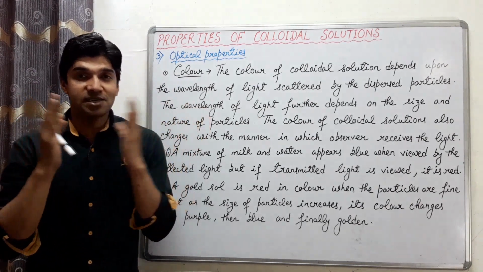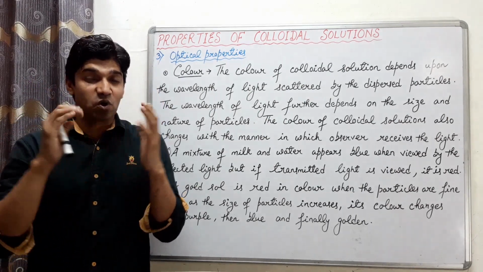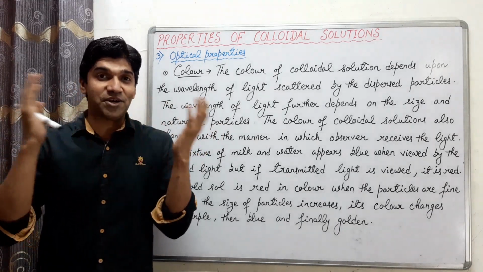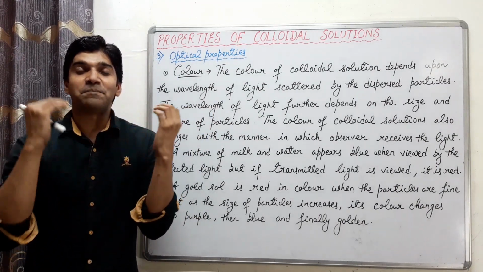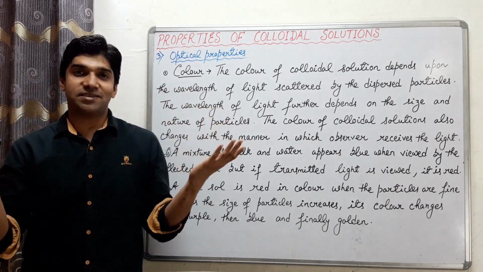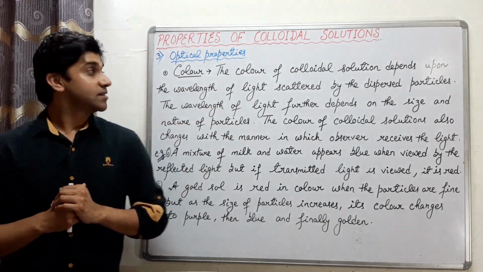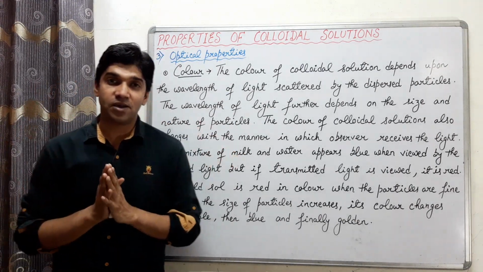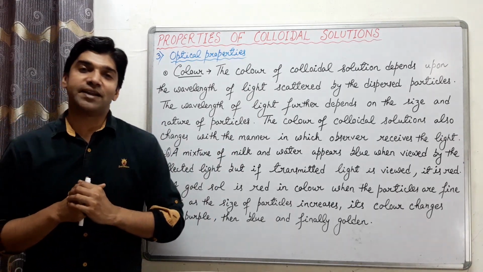So in optical properties we discussed two main features, Tyndall effect and color. You can observe the Tyndall effect at your home also. If you enter a dark room and light enters through a window, then you can observe the path of the light. How? Because of the scattering of light by the dust particles present in the air, and dust is an example of a colloid. So we discussed two main features of the optical properties, that is Tyndall effect and color of the colloidal solution.